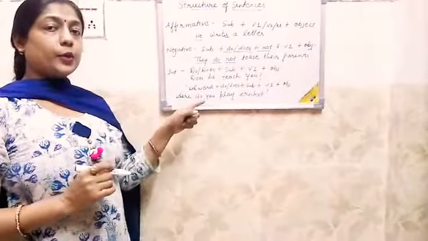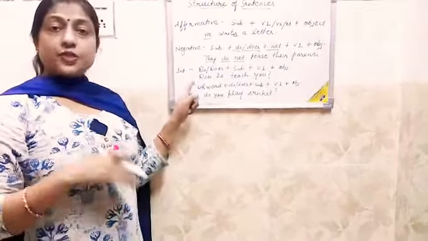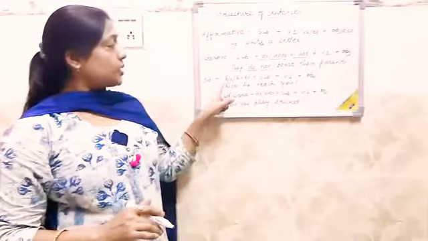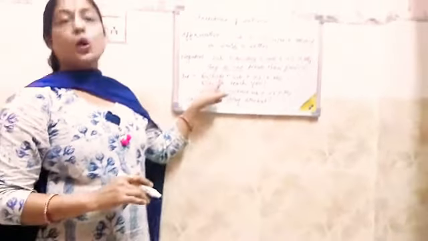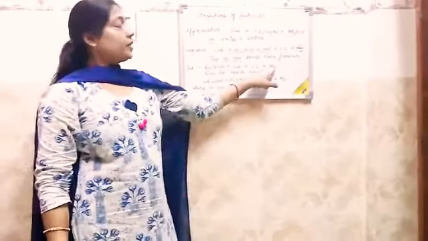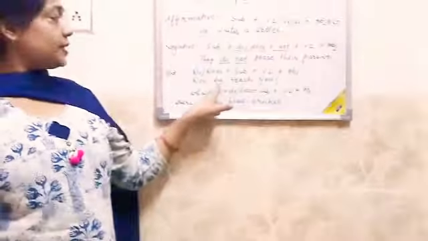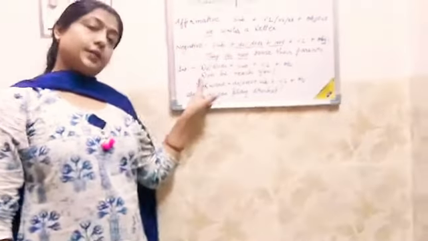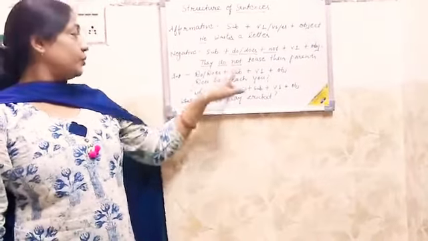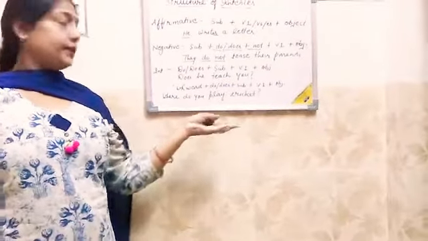Interrogatives. There are two kinds of interrogatives. One is yes/no questions. The questions which can be answered in yes or no are called yes/no questions. So how to start them? We will start them with the helping verb do or does. Then subject, then the first form of verb and then object. For example, does he teach you? So the subject is he. That is why we have used does here. If the subject were plural, then how would we use it? Do you teach him? It would be like that.